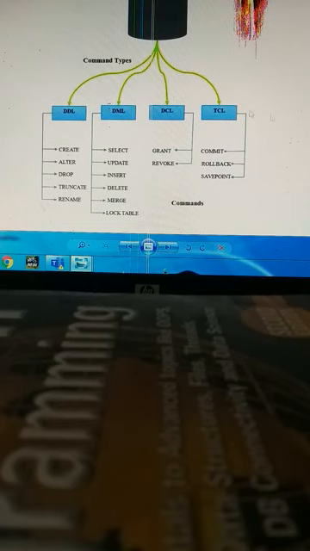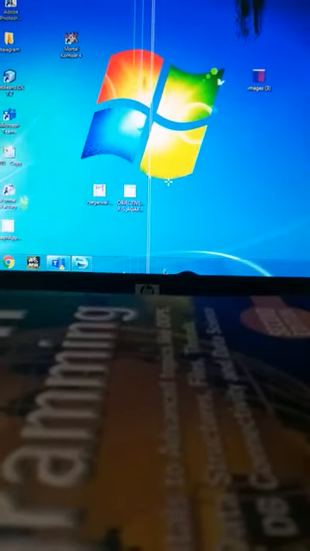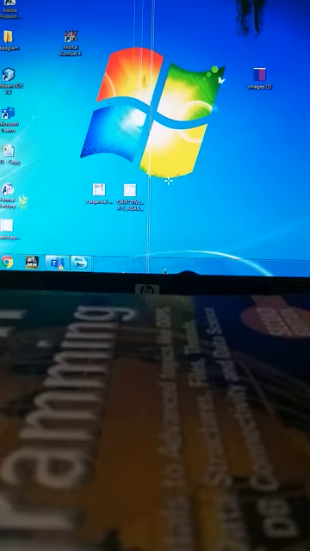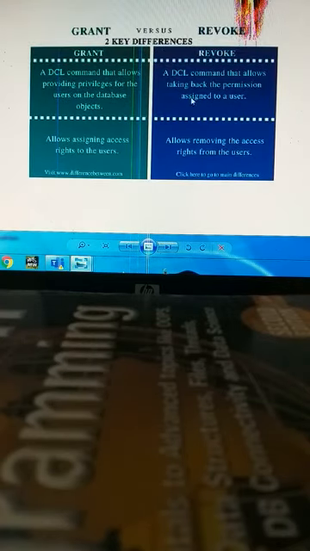And the next category is DCL. Here you can see DCL, data control language, and it has two commands, grant and revoke. Basically grant is used to provide permission. Now a question arises, why do we require DCL commands? DCL commands are used to provide permission or privilege of data to some other user.